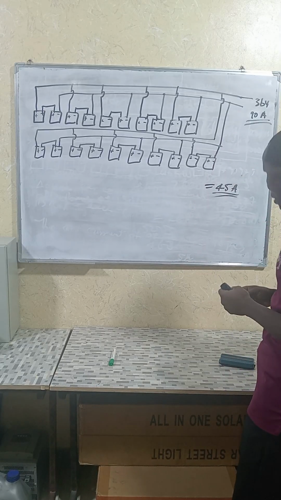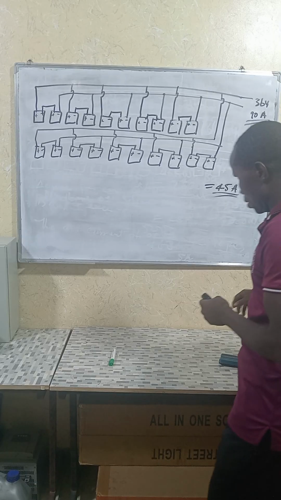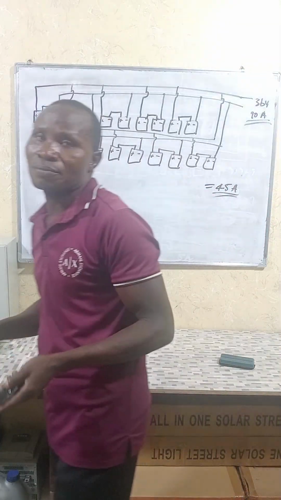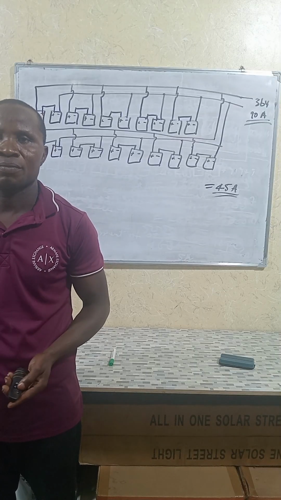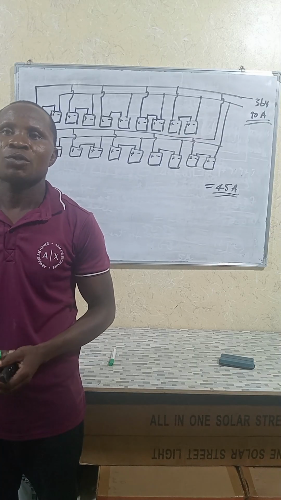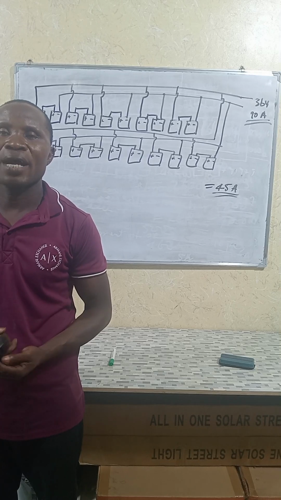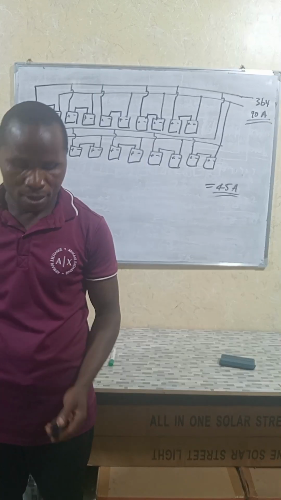The amps will increase to 90 amps while the voltage remains the same. So we have two types. Now we are looking at the